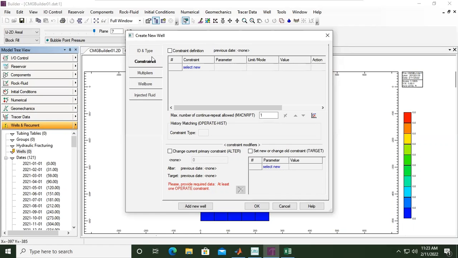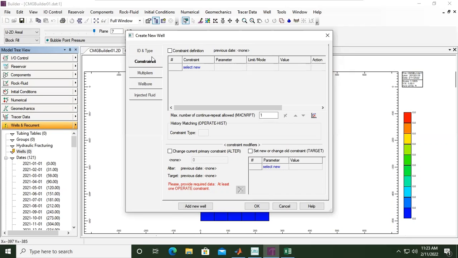So usually they do that. Also for injection pressure, but in some cases we can also set the constant flow rate. We can also set maximum flow rate.